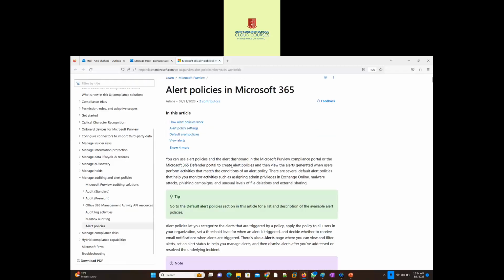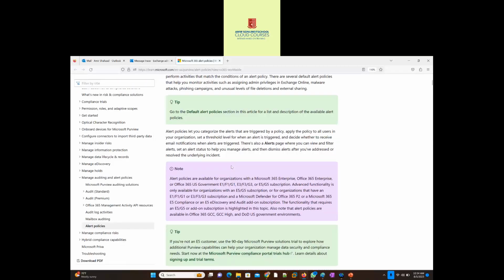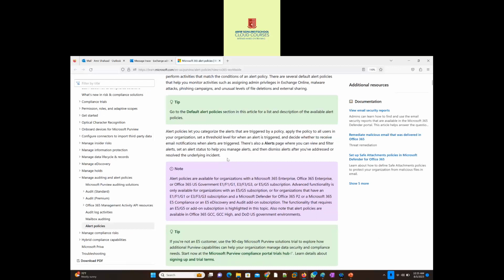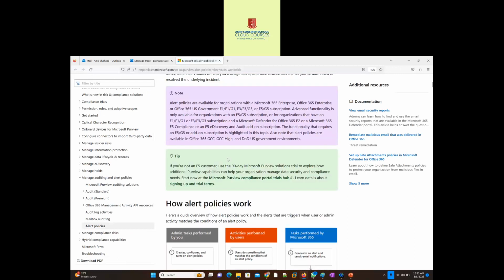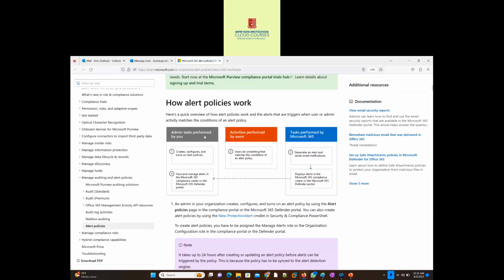Okay, so yeah, it's pretty straightforward. Alert policies you create for whenever you want to be alerted. How alert policies work: admin tasks performed by you. Who? Admin. Creates, configures, turns on alert policies, and views and manages alerts in Microsoft 365 Compliance Center or the Microsoft